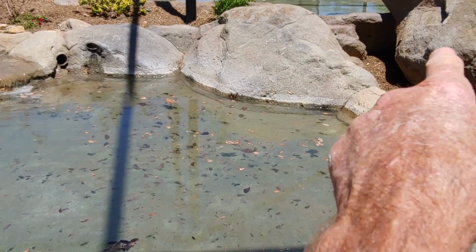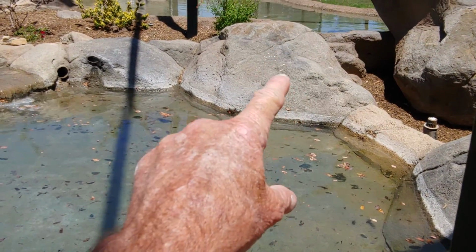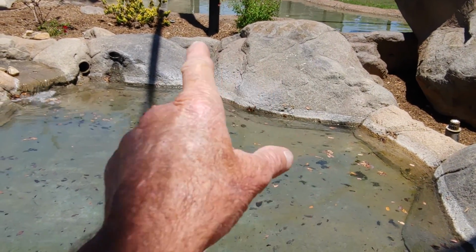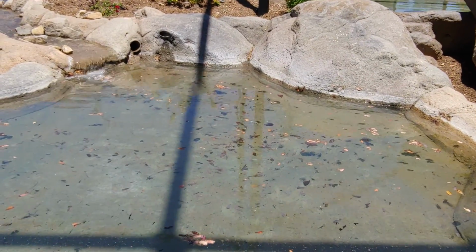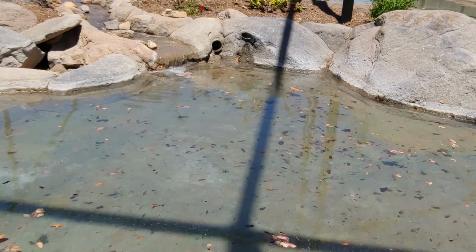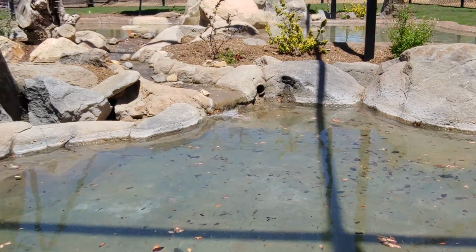These guys are faux up about half the top of the rock. That one I think is all fake rock. You know, it's pretty good. I can't tell which is which. So anyway,